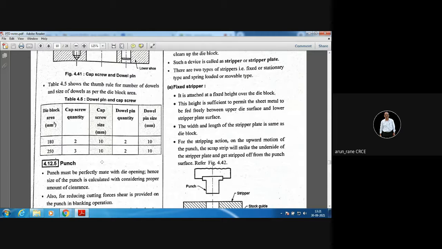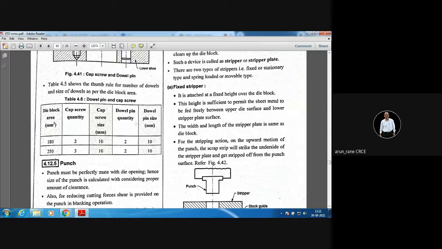So remember, the length should be minimum 1.5 times the diameter. That means if I am using M10 Allen cap screw, the length of the cap screw should be minimum 15 mm, preferably 20, twice the diameter. Because whenever you are procuring the cap screws, you need to specify the length also. So you will send the purchase order: M10 by 20 mm long Allen cap screw, quantity 4 numbers or quantity 50 pieces, like that.